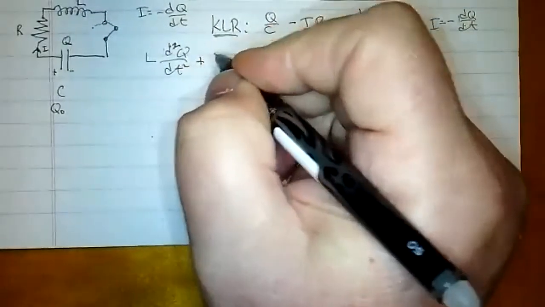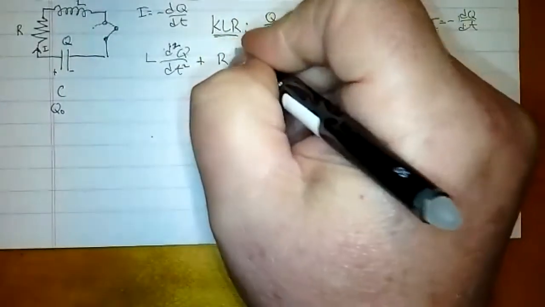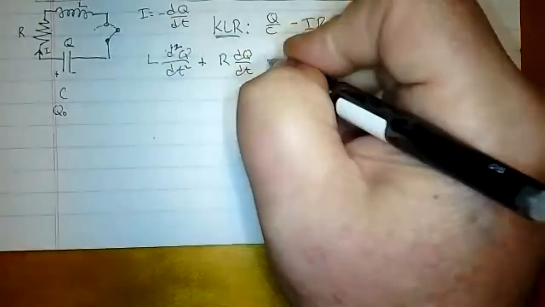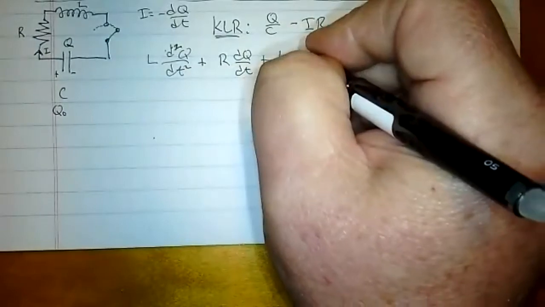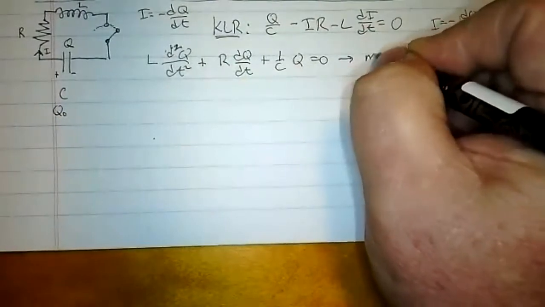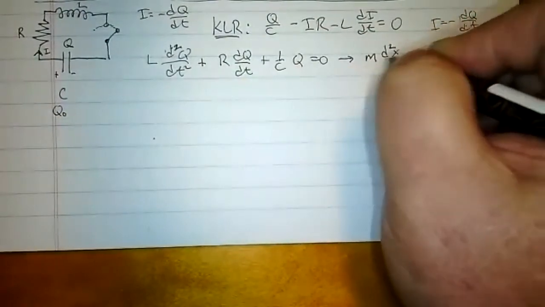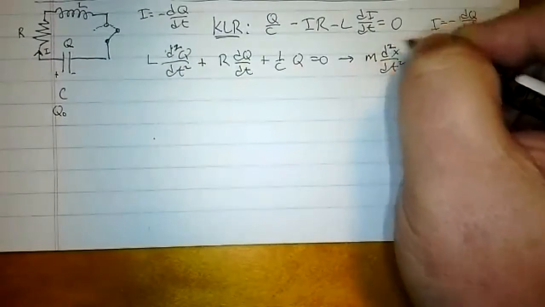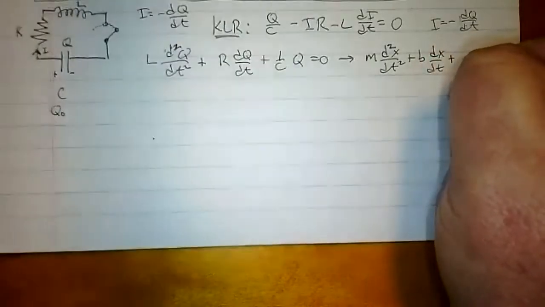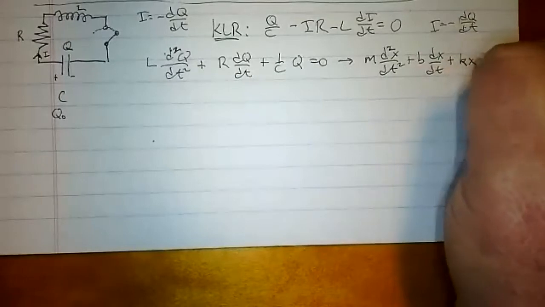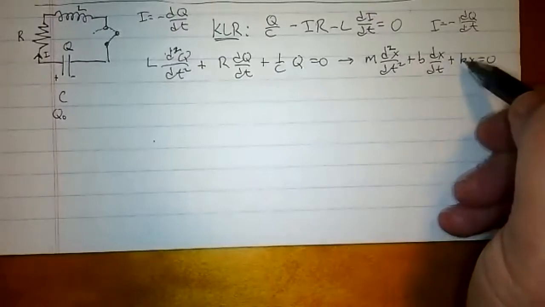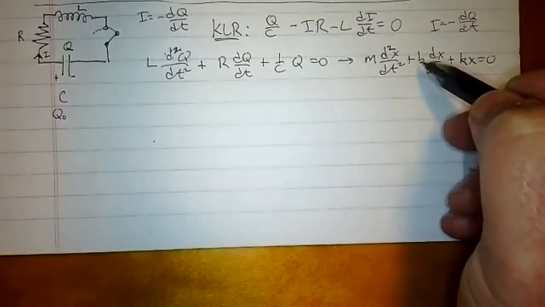Plus R dq over dt, plus 1 over C times q is equal to 0. And I think you will see that that looks exactly like m d2x over dt squared plus b dx dt plus k times x, which equals 0. That was the simple harmonic oscillator. Of course, 1 over C takes the role of k, R takes the role of b, and